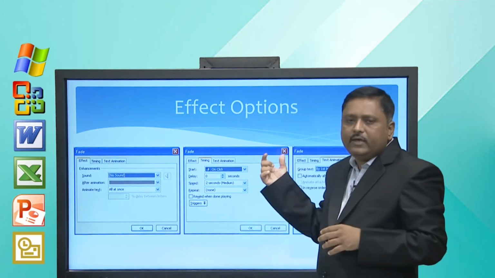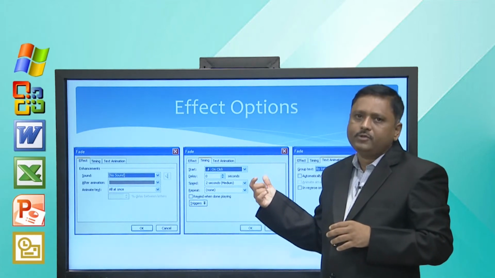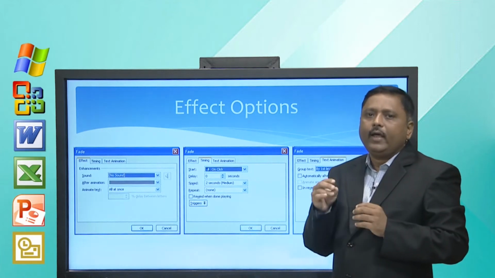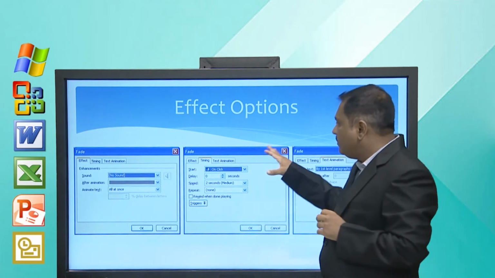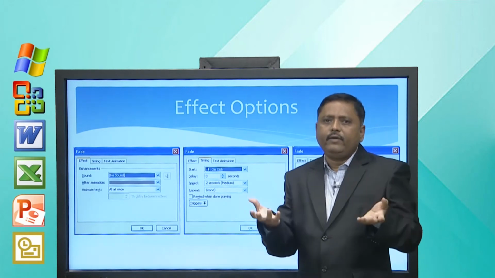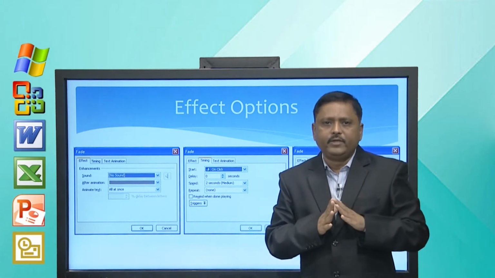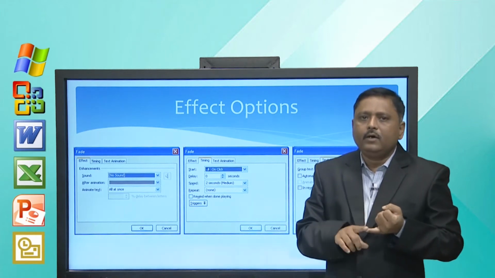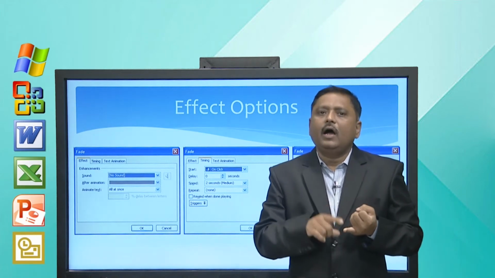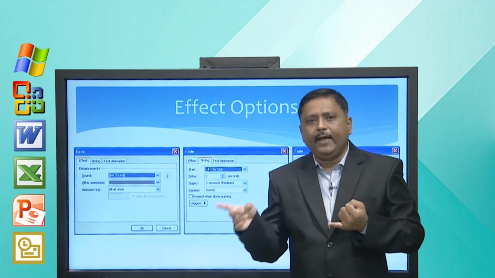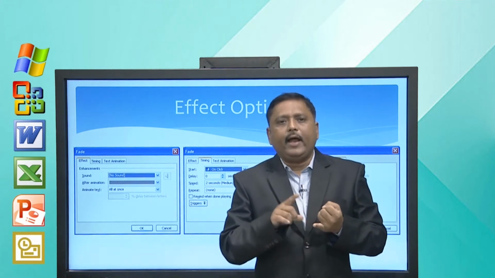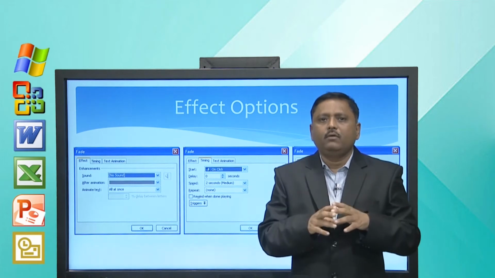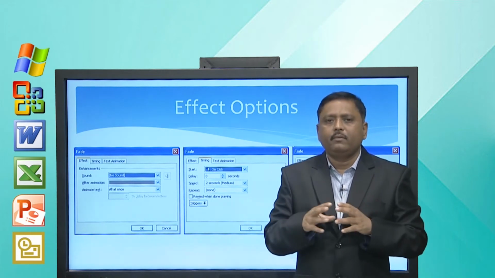So, these are the different kinds of effect options available for animation effect. Some options may differ depending on the type of animation, but more or less it allows you to control when the animation starts, how long it will play, and how it enters, exits or moves on a particular path.